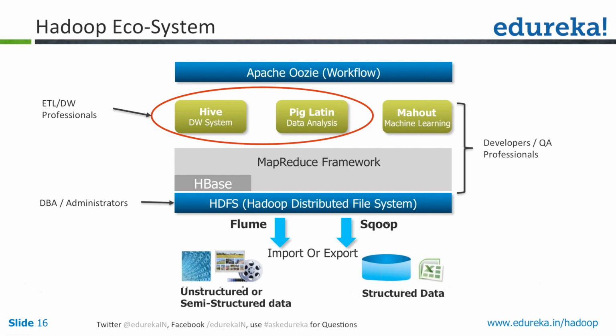So you can move it from MySQL to Hadoop. You can move from Oracle to Hadoop. You can move from SQL Server to Hadoop, and other databases to Hadoop. There are connectors available in Sqoop to move any structured data into Hadoop. Okay, so this is the first step: you have to move your data into Hadoop. This is what you use.